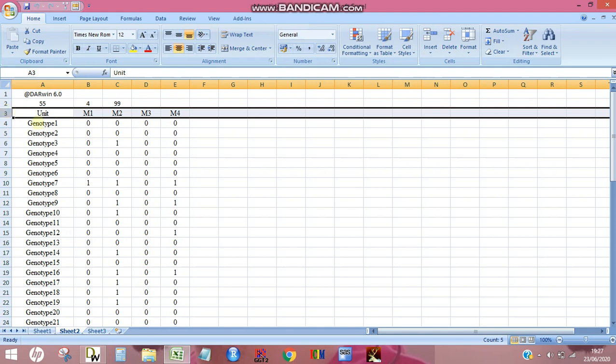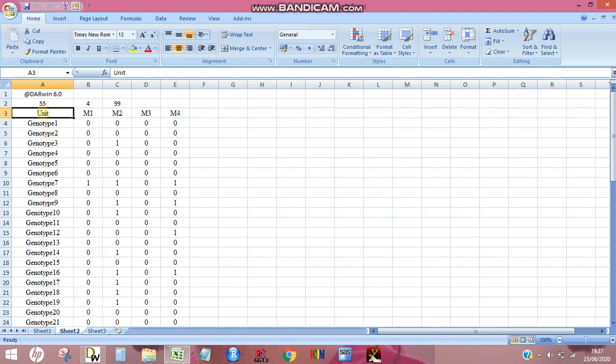In the third row, the first column should have 'unit', this is mandatory, and from the next column onwards you give the marker or allele names. For example, I have given M1, M2, M3, M4. Here I have scored data in binary format such as 0, 1. You can also score in codominant fashion.